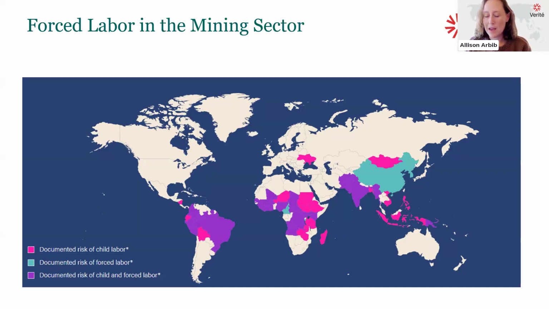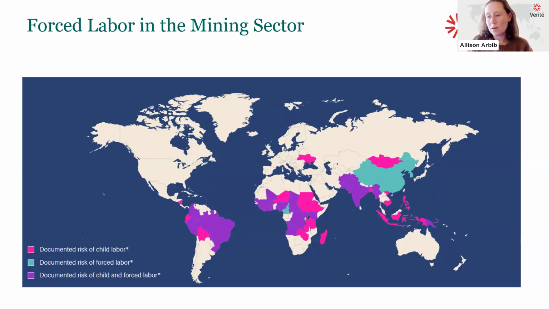forced labor in mining. So this is a picture of what Michael showed in the identify section of the responsible toolkit, and what we can see here is there are a lot of countries with documented forced labor and child labor in mining, and many of these countries are ranked really low when we're looking at indicators of human development, of